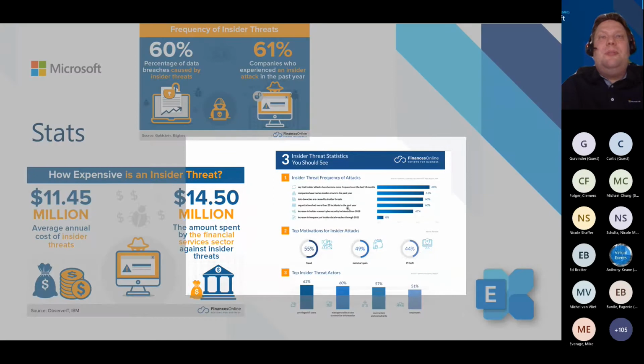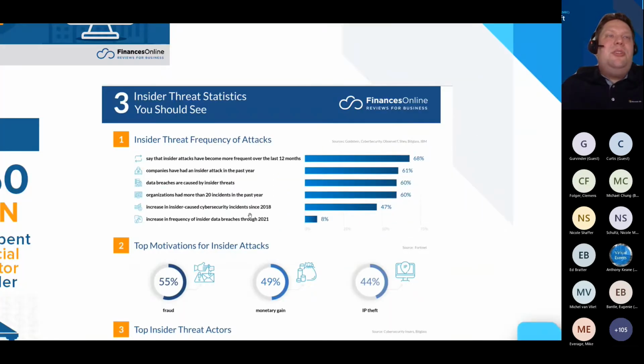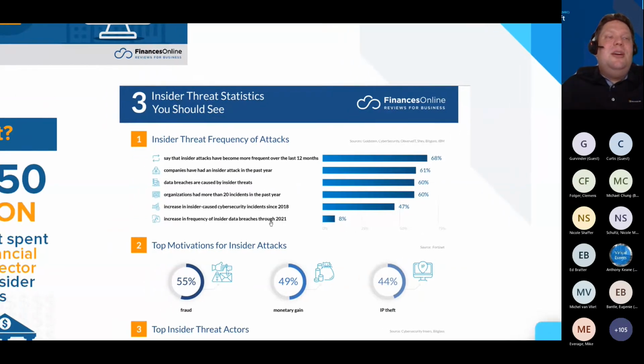When you compare this with the answers I get from my customers, the compliance officers, about their motivations, money is a little bit more here. But data breaches are caused by insider threats, and insider threats are very, very important, and you have to look at them.